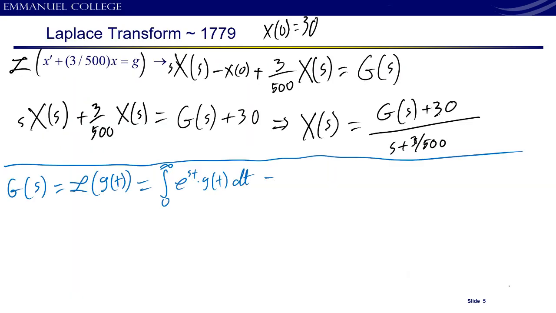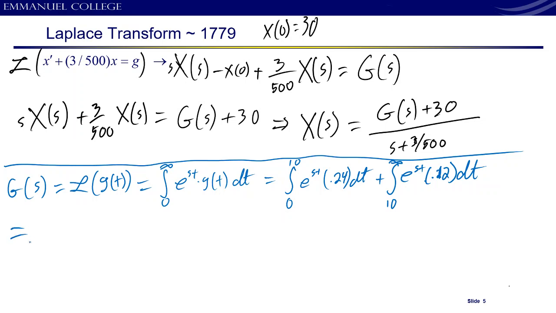So we're going to integrate the piecewise function, which means split your integral at the different points in the domain. So integral from 0 to 10, e to the st, multiplied by 0.24 with respect to t, plus integral from 10 to infinity, e to the st, times 0.12. So what that gives us is that it's equal to,